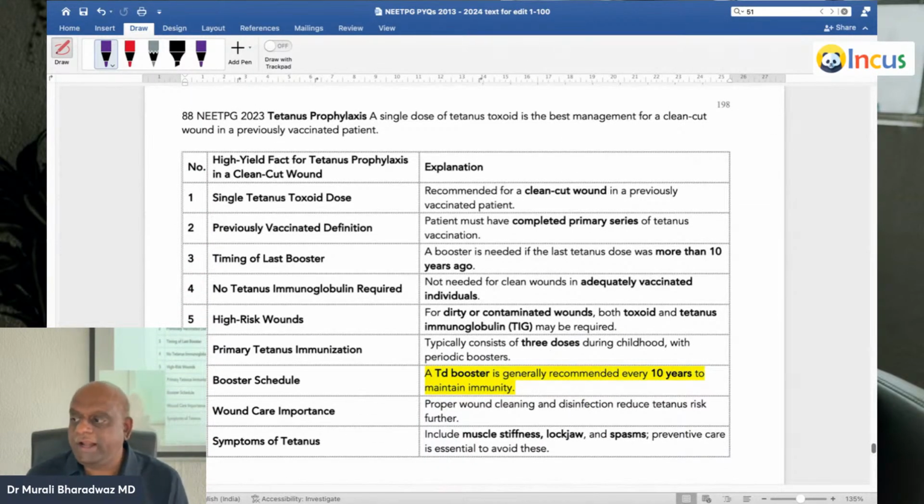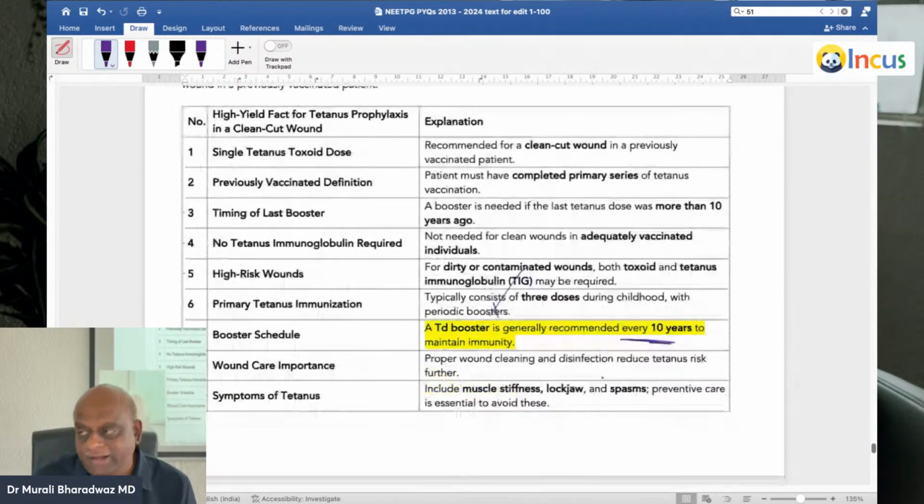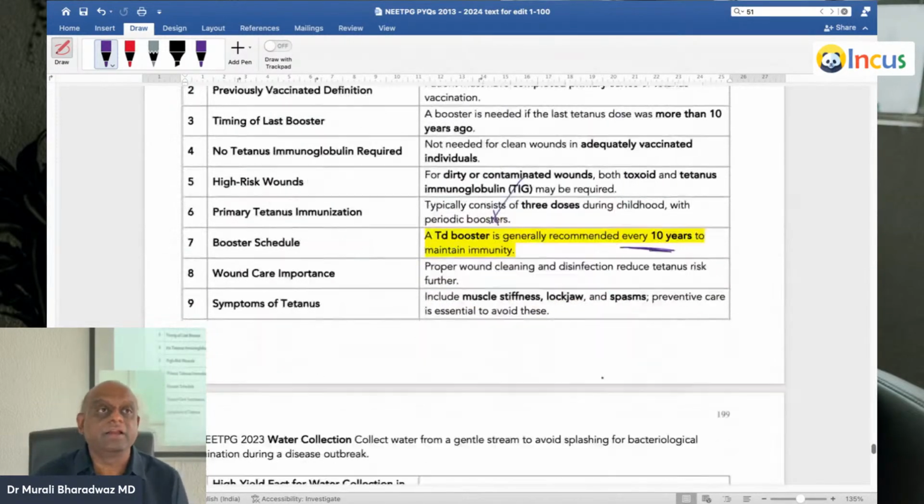Now, once more, Td booster is generally recommended every 10 years. 2023 NEET PG means